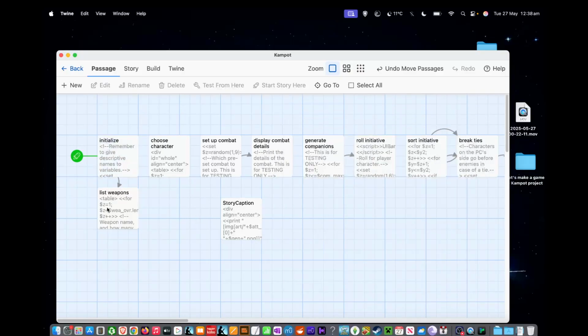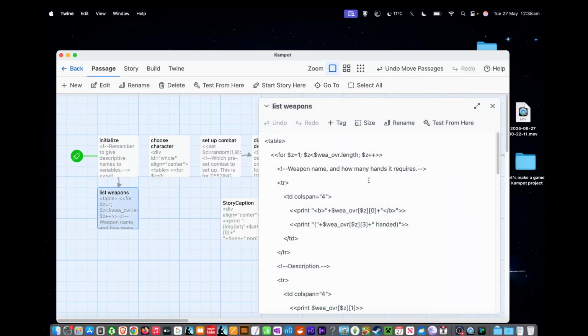So I'll deal very briefly with displaying them, although there's not much new here. It's really just a table, and we go through a loop which goes from 1 to the length of WEA_OVR. Note that this continues as long as Z is less than that length, not less than or equal to. We do that because when we're dealing with an array,